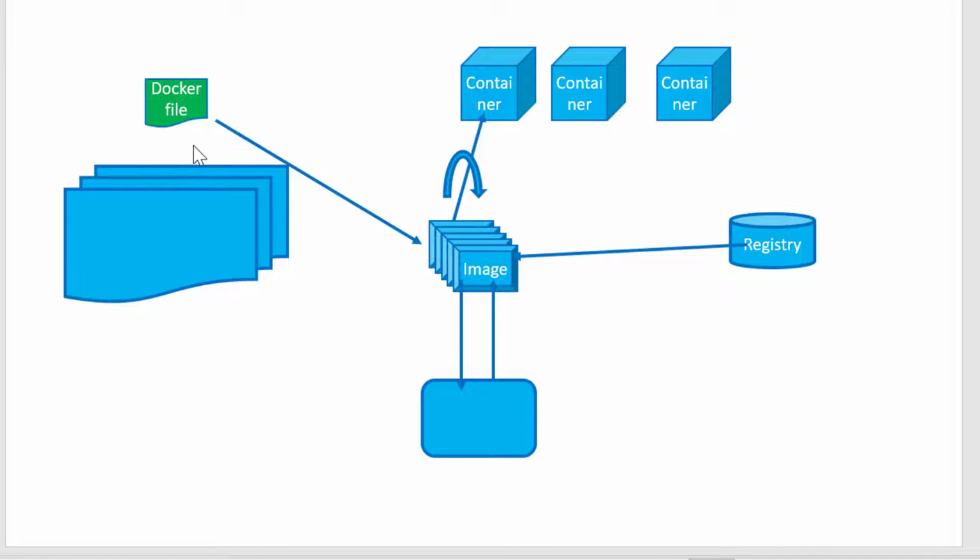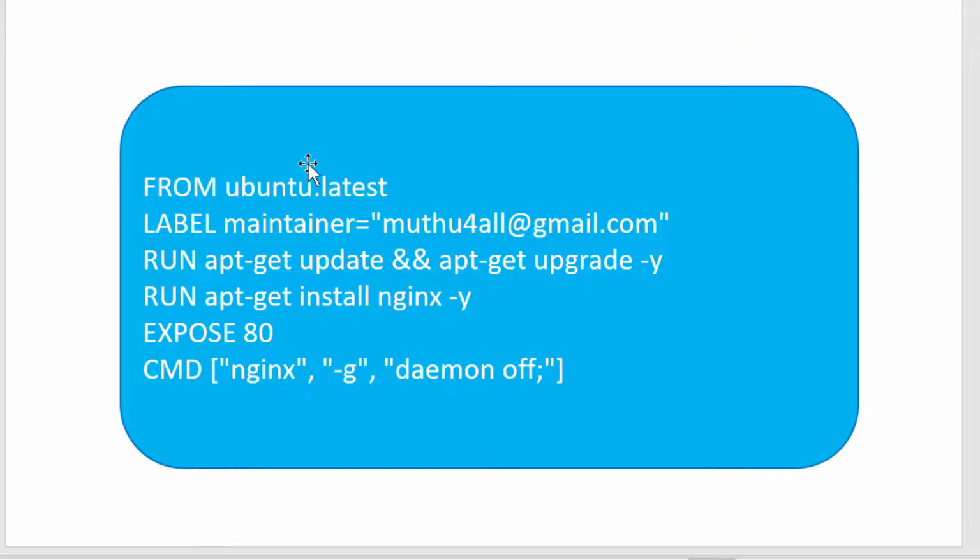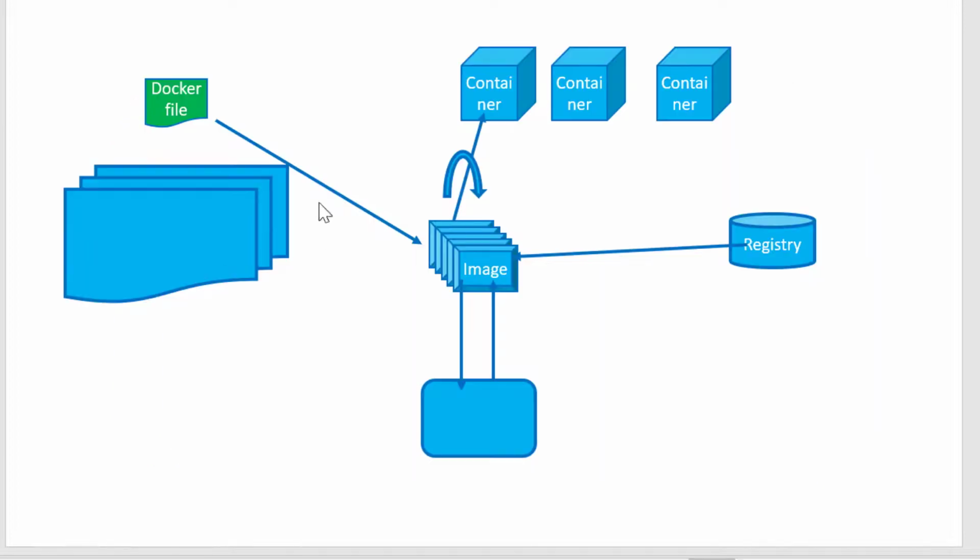The reason for having the layers is, in case I'm going to reuse any specific layer, for example, in any other image, if I am going to use Ubuntu latest, I can go ahead and reuse that layer and I don't need to maintain duplicate copies. We will be having a detailed discussion on the layers as well in a future session. This is a quick introduction on how to build from the Docker file. So once I have the Docker file, I can build it and get the image. Let's go ahead and see the demo for this.